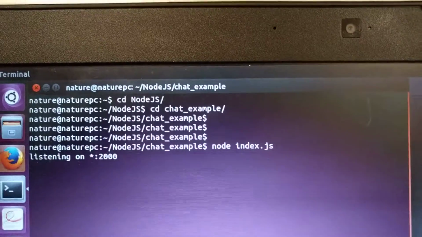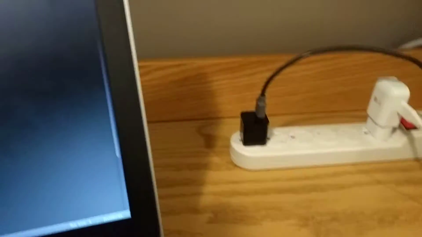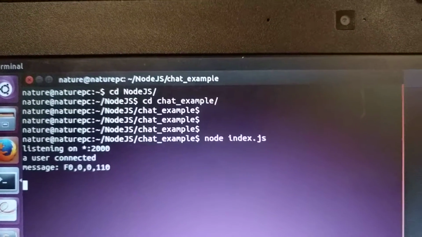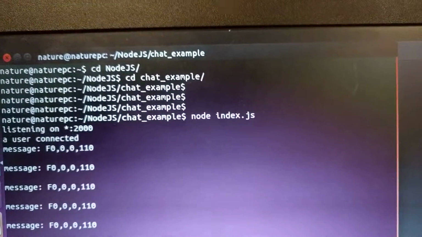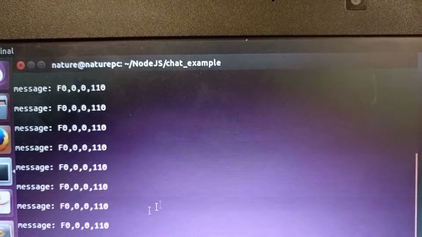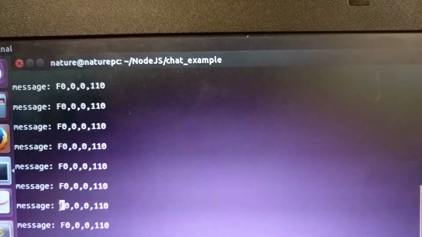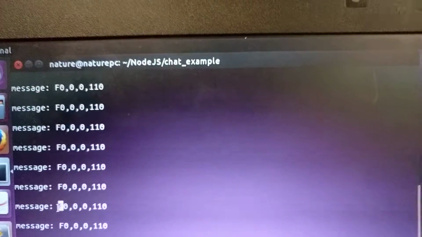Alright, so it says it's listening on port 2000. I'm gonna click the connect button, and as soon as I connect, we're getting data. So every 200 milliseconds we're getting something from RCcontroller, and because they're frequent control values, we have the prefix of F,